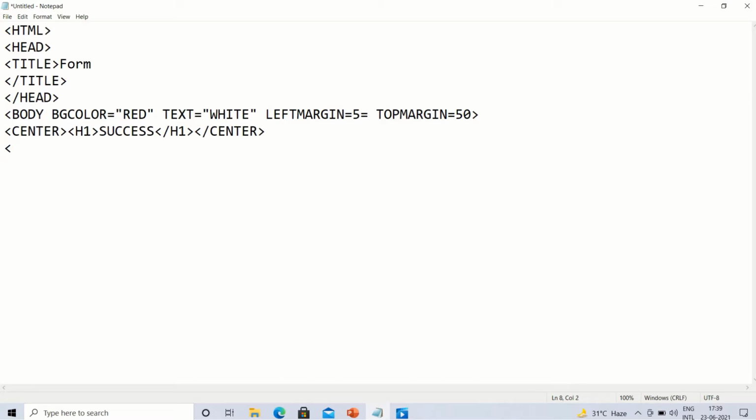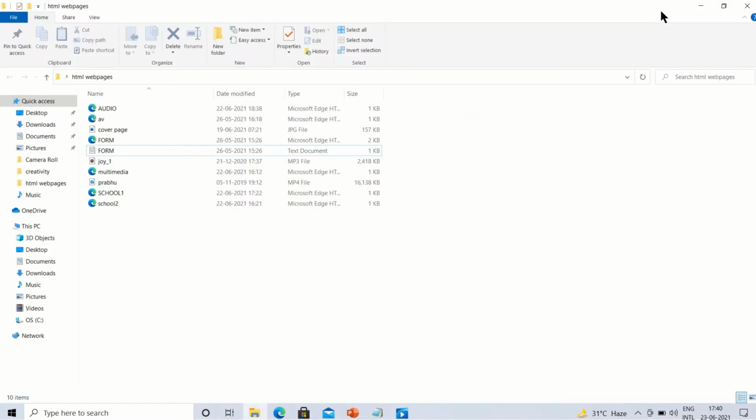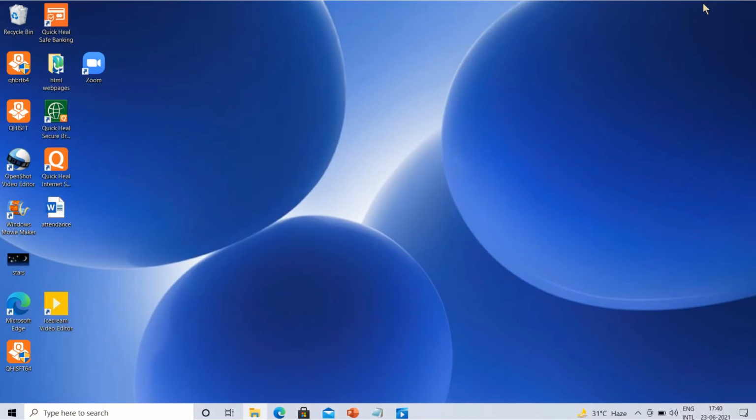For inserting an image, we give img src equals to the particular file name which we want to have inserted in our web page. Now we will select that file by checking the file name on our desktop.